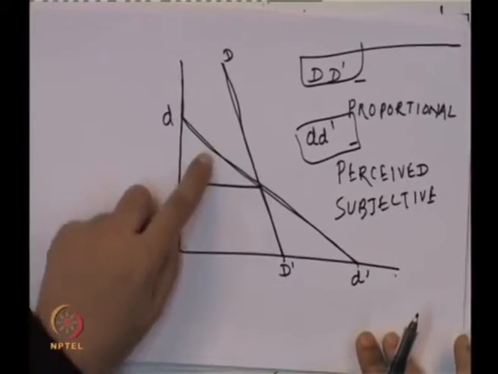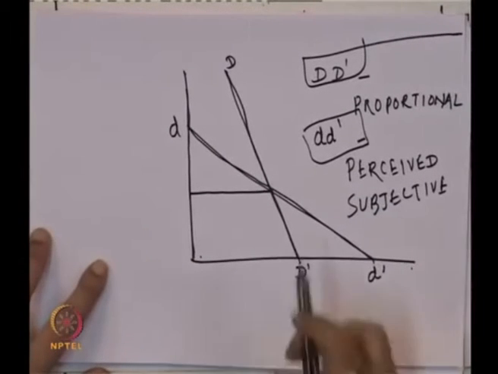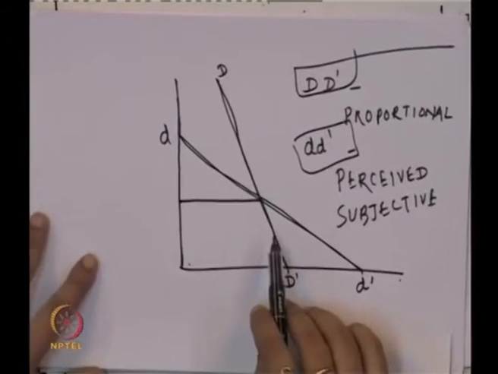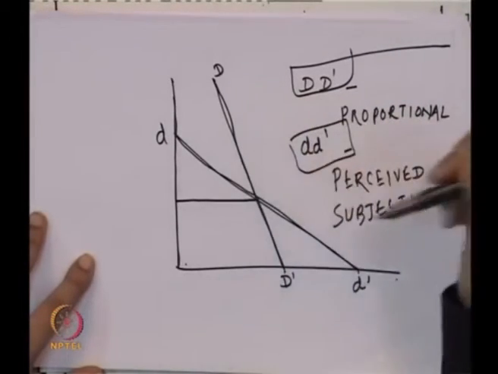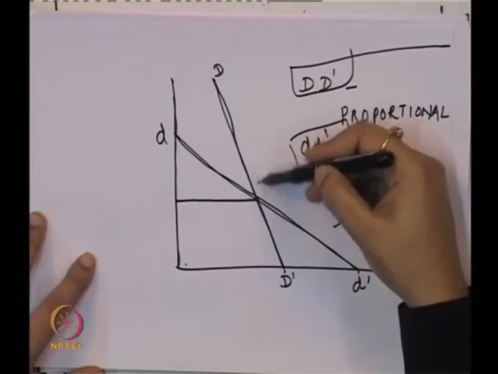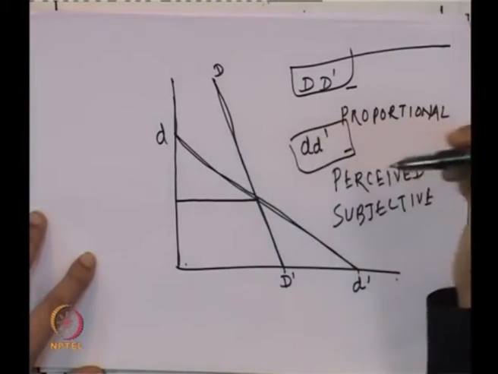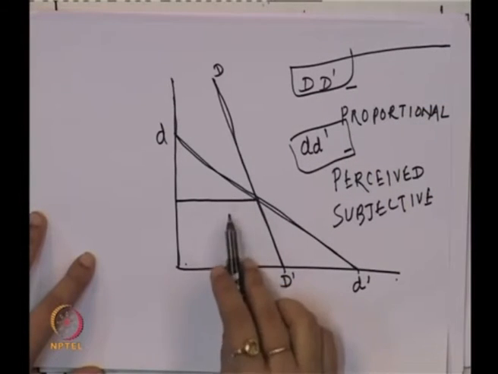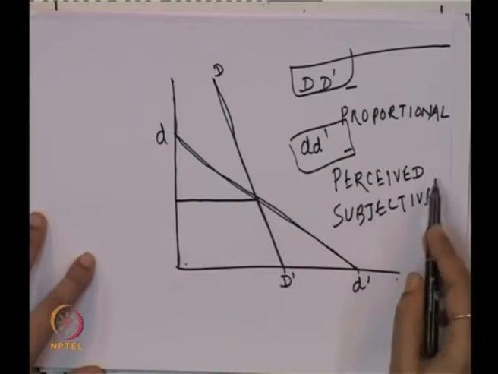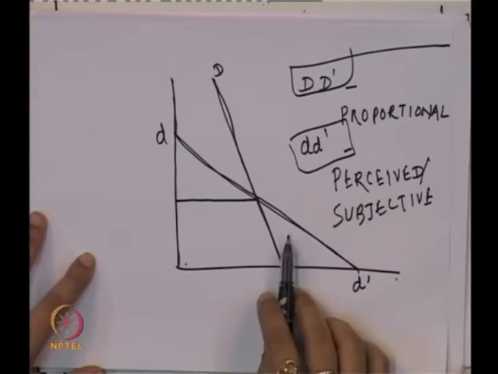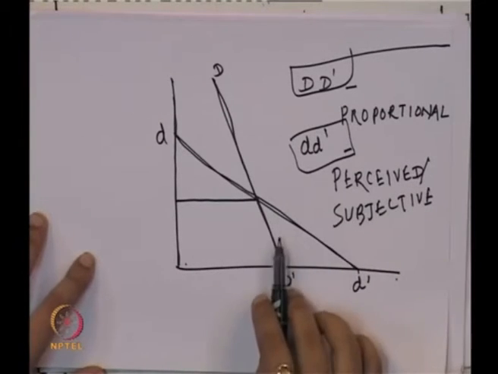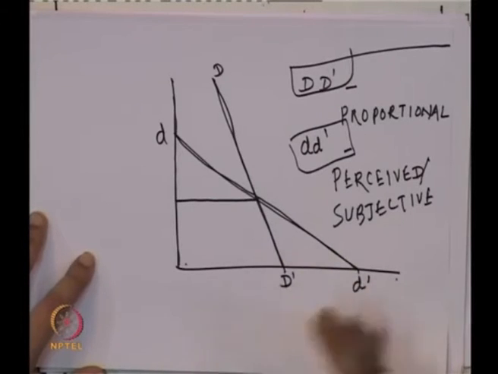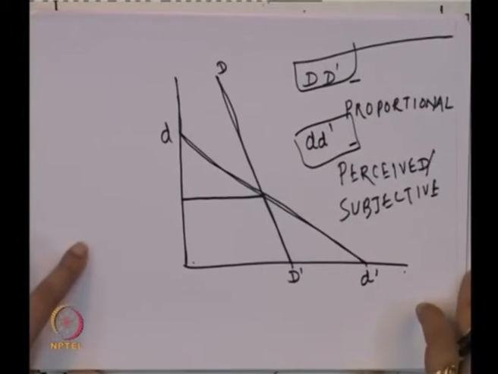Now, the essential difference between these two is, one, where one firm changes the price, others generally follow that, and second, when one firm is changing, others are not following. So when one firm is changing and other firms are also changing, we get a proportional demand curve. When one firm is changing and others are not changing, we call it a perceived or subjective demand curve. And why is this more elastic? Because since others are not following, any small change in the price of this firm affects the quantity demanded to a larger extent.